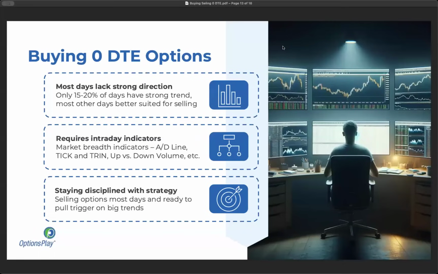So then let's take a look at just buying. Let's review what we've learned so far, right? Buying options: most days lack a strong direction. If you want to boil down what I just said, when I'm talking about buying shorter dated options, it has a ton of leverage, but it also has a ton of time decay on the back end of it,